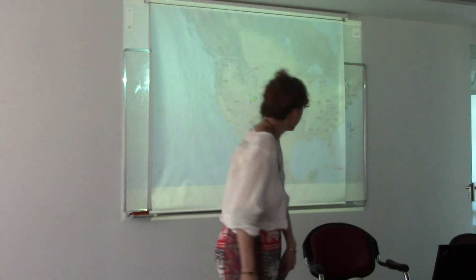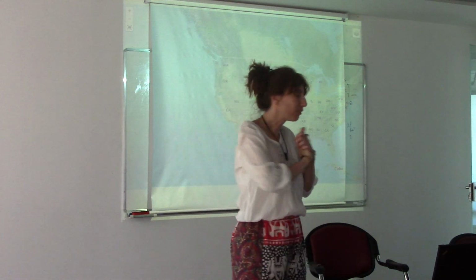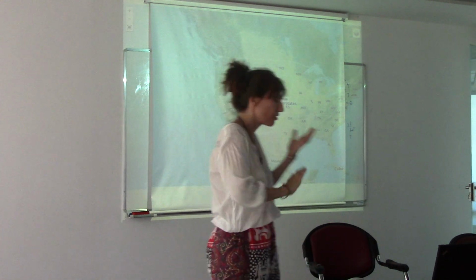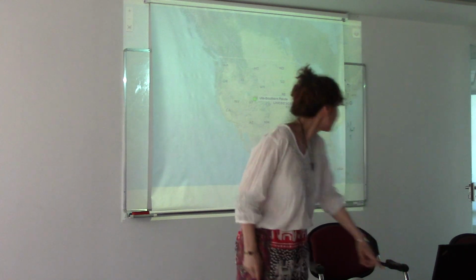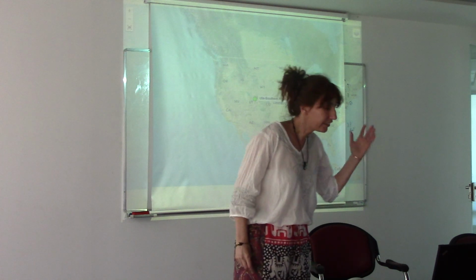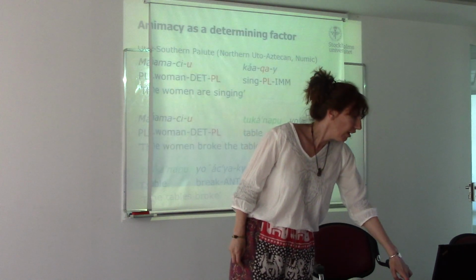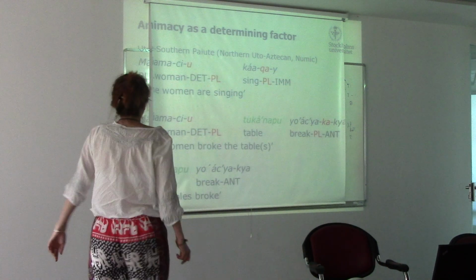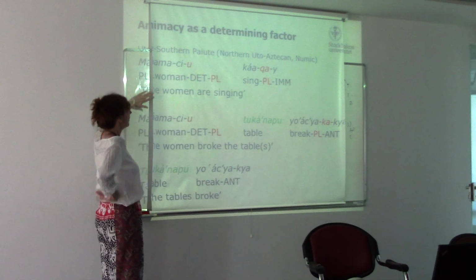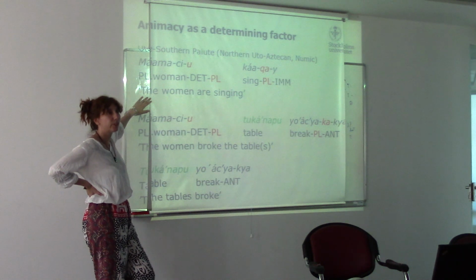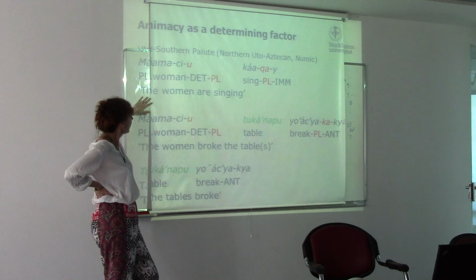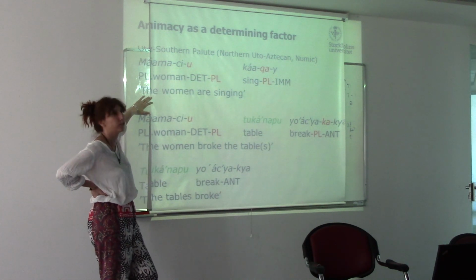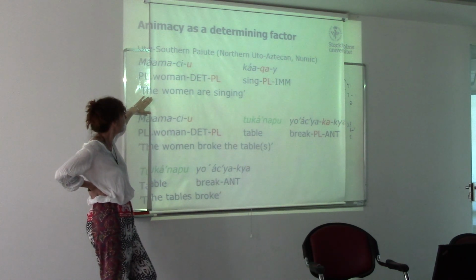In Ute, which is one of my favorite Numic languages because it was one of the first languages I actually understood when I started doing Native American languages, and it's an awesome area too. So in Ute, animacy is the decisive factor for inflectional classes. What I've shown here are sentences, because you see this clearly in context,